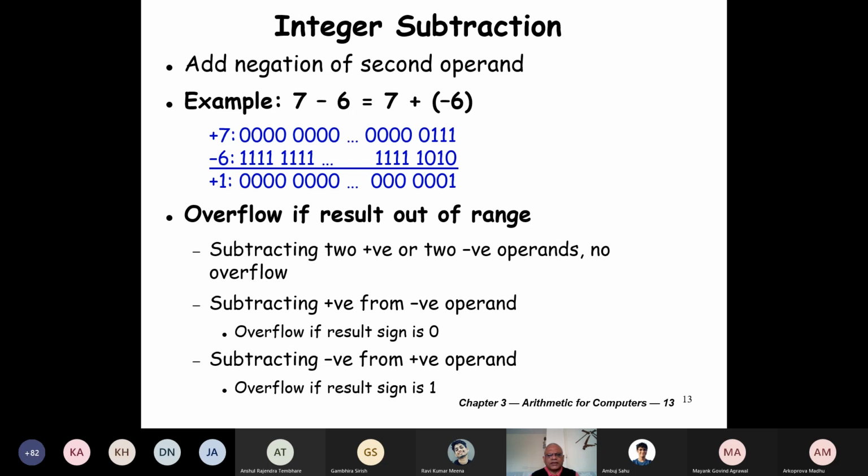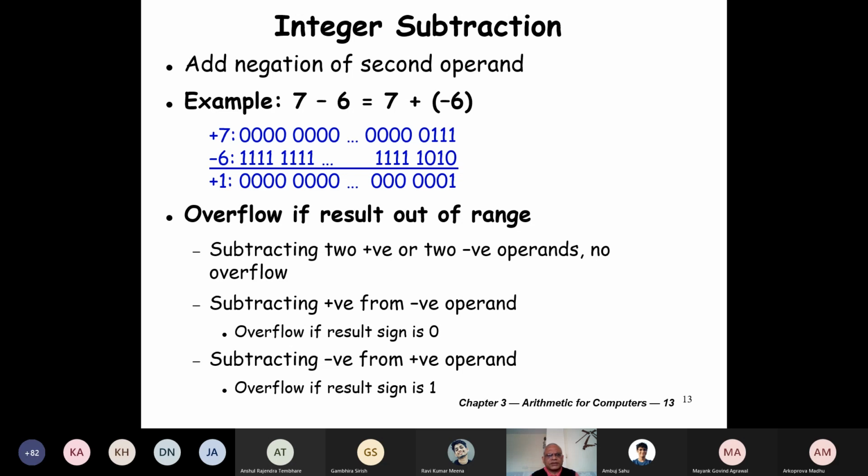Even when we manually subtract something in 2's complement numbers, we never really do a subtraction. We just take the complement of 6, negate 6. Once we have the negation of 6, if you work out, it will be this number, and then we do an add.